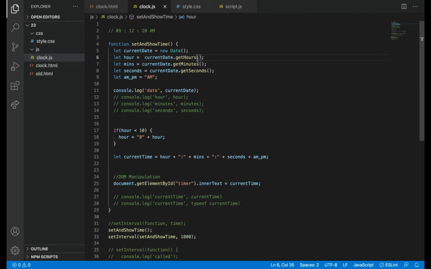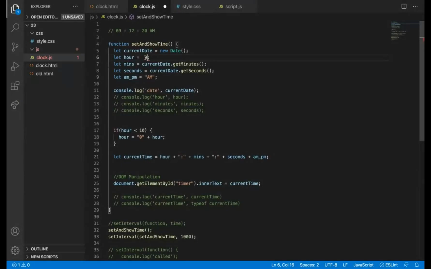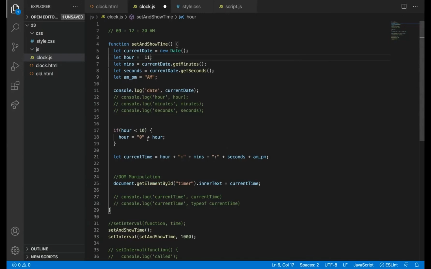So I just want to check whether my code is working correctly. I myself change this value to the value I want to check. So till 10, the 0 won't get appended. For less than 10, the 0 will get appended. So our code is working fine. Our if condition is working fine.